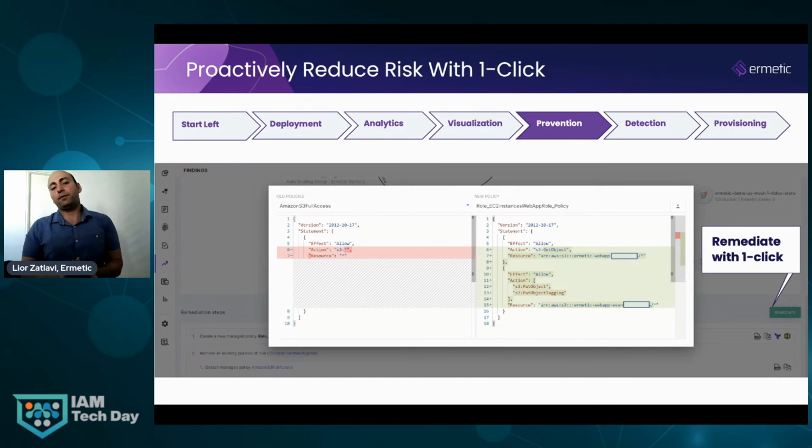So for example, if we find that a certain identity has a policy that provides it with extremely privileged permissions that are very, very wide, as we mentioned before, a star in the wrong place, as we see here on the left, can produce very wide and very powerful permissions. So here, for example, this policy provides full access to all S3 buckets in AWS. We can actually replace it with a right-side policy that is based on the behavior analysis of the identity. We see what it actually accesses and what it uses, and then we are able to provide you with the right-size policy that you can then replace with one click of a button.